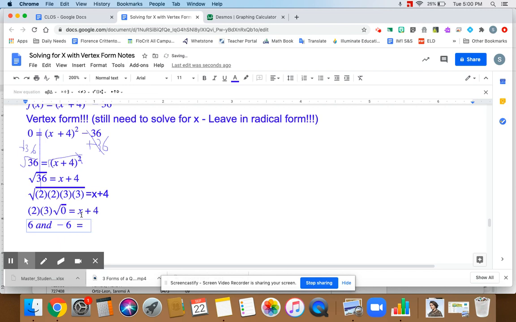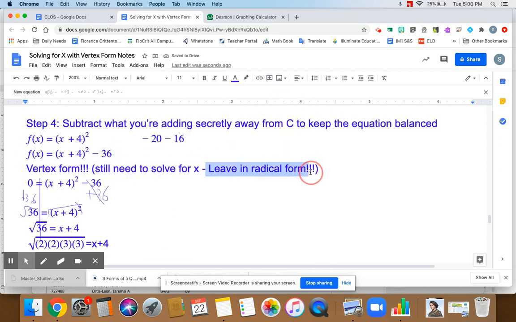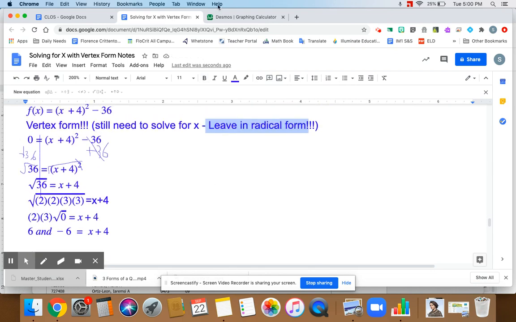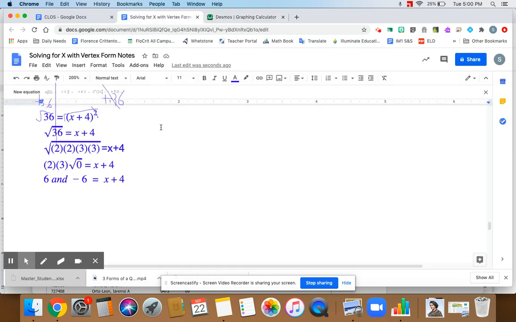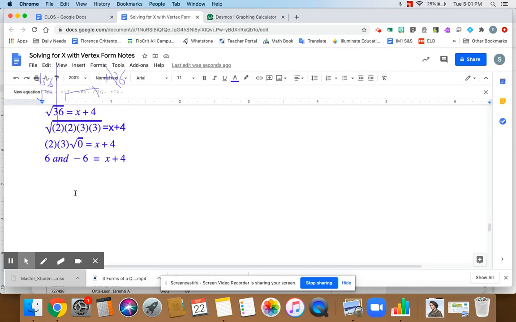Because the answer is always positive and negative. So the crazy part about this one is even though they said leave it in radical form, your answer is the same as if you put it in the calculator. Because if you put the square root of 36 in the calculator, you're going to just get 6. So now to finish out my answer,